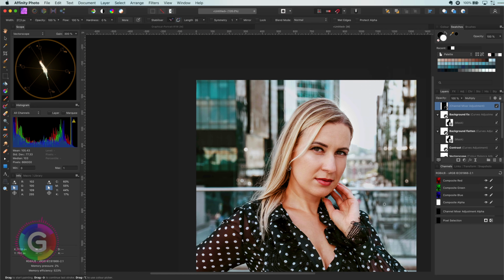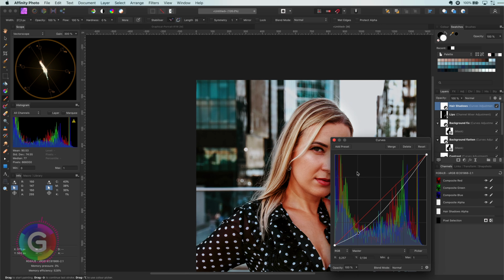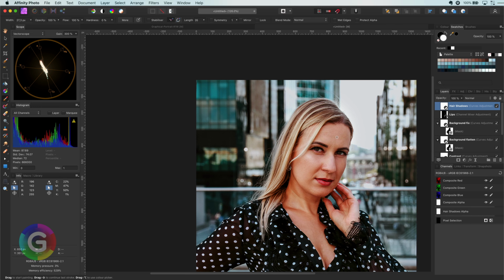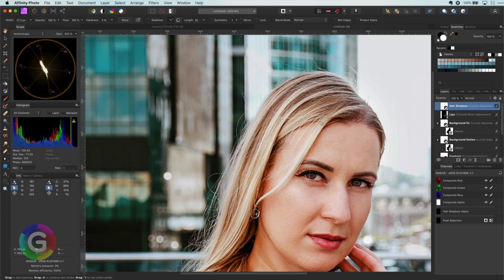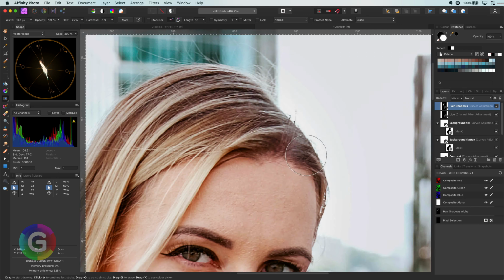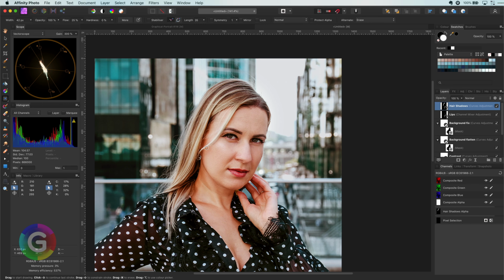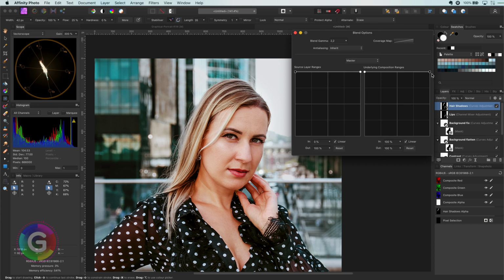Next area of attention is the hair. This will be a two-step process. First, I'm going to add a curves layer which darkens the hair. As with the lips, I will invert its mask and paint the effect back on the hair. To make sure I don't darken the brighter areas, I will modify the blend range in a way that the